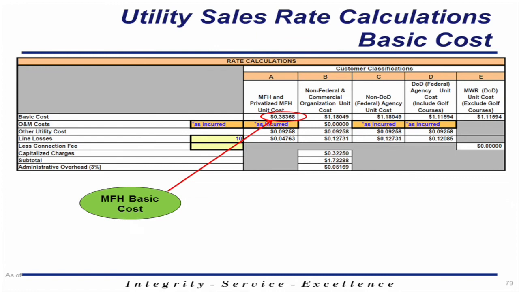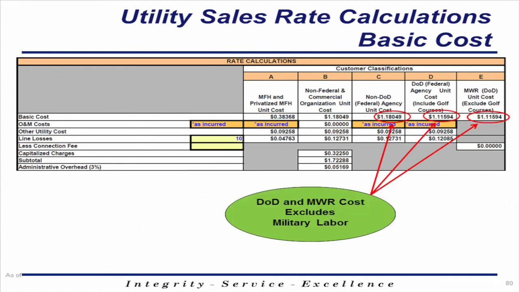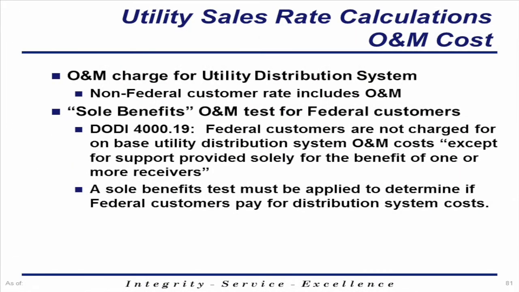Here's the 3556 example. It's a base produced water with a privatized distribution system. You can see that the basic cost for military family housing excludes those UP and UESC ESPC costs. The DOD and MWR cost excludes military labor. This is an overview of the O&M charge for the utility distribution system. Now, the non-federal customer rate includes the O&M charge. For those federal customers, in accordance with DOD